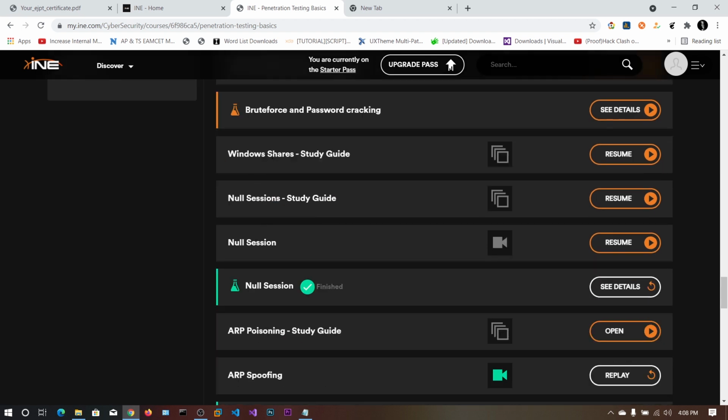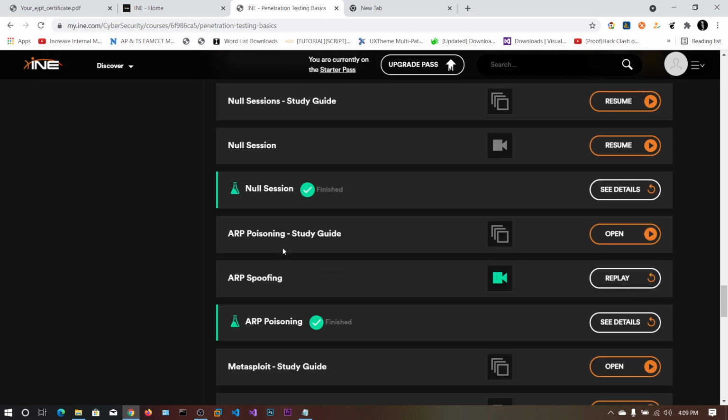And Windows shares. Null sessions are like anonymous sessions that will allow you to connect to the Windows share folders and see what the contents are in those folders. So there will be two machines on this Windows and null sessions lab, so you need to connect to them and gather the information provided in them. It may have text or configuration files.